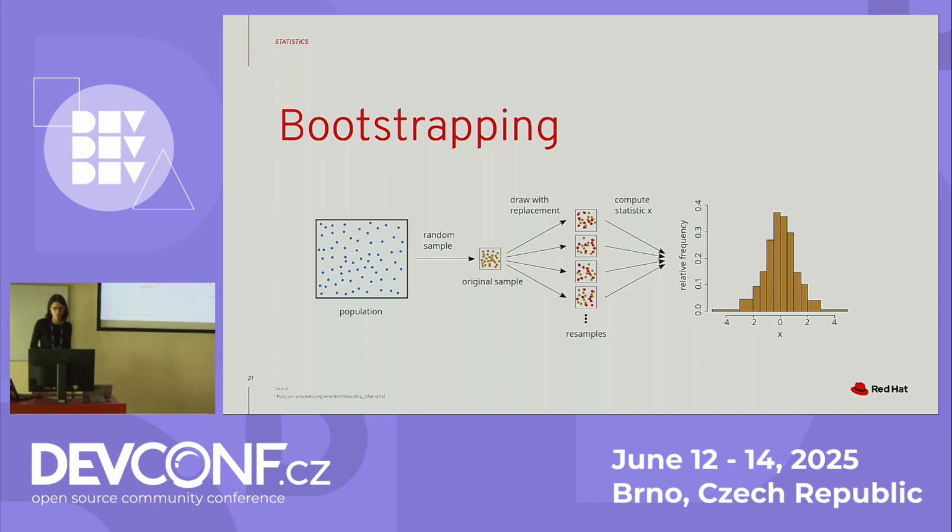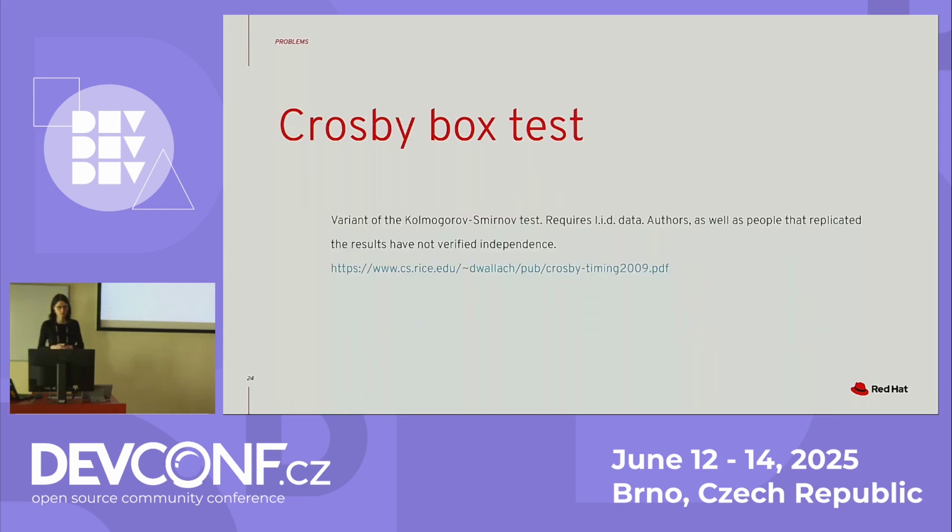And now, this is how you should be doing it. The problem is that I'm not the first person or the only person that looked into this to see if you can apply statistics. The first people that approached that was a paper from 2009, by Crosby, who designed a new test which they named the box test, and in practice this is a variant of Kolmogorov-Smirnov test, and that test requires